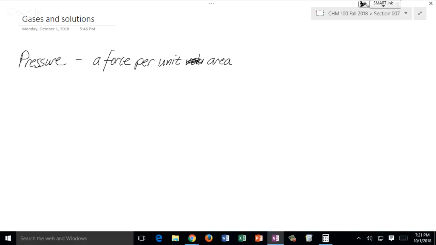So that means that pressure units are often going to be dealing with a force and then an area. But because they're so common, they're usually renamed into something else. So the common units of pressure that we're going to talk about are